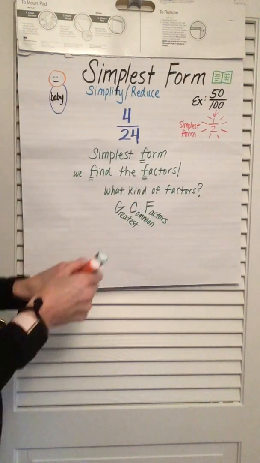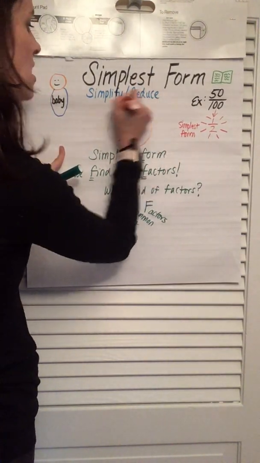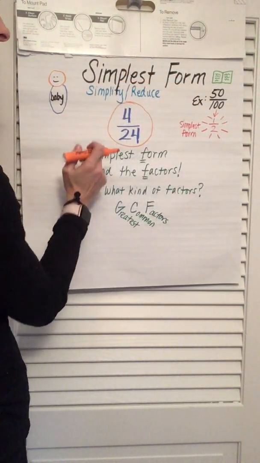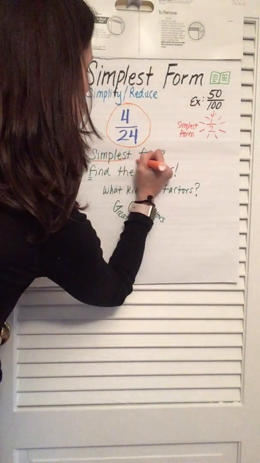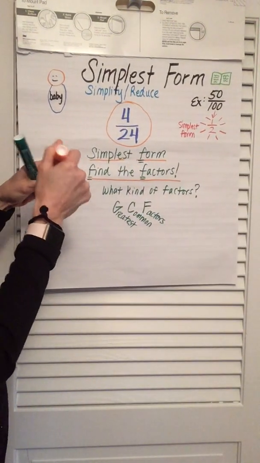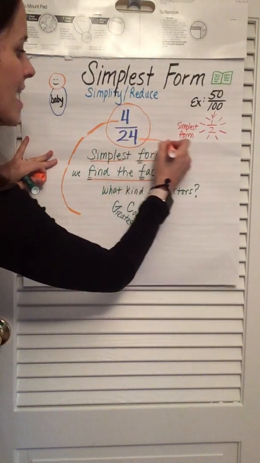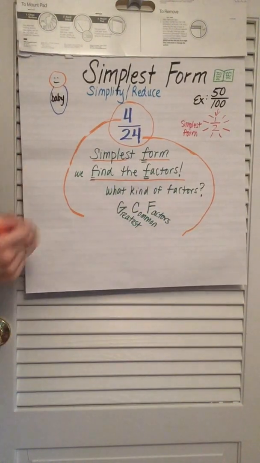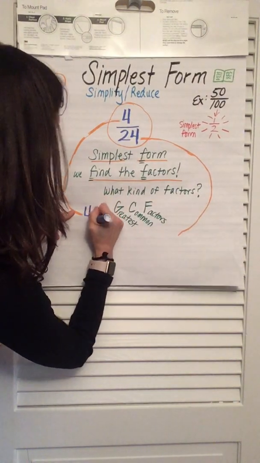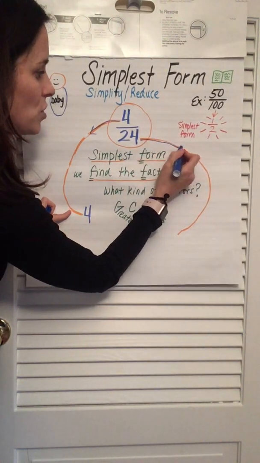Okay, so time out. My mission as a doctor is to put this in simplest form. So I'm not just looking at the denominator, I'm looking at the whole darn thing. And I want to put it in simplest form. So I have to find the factors, okay? Now I am going to find the factors of the 4 and factors of the 24. Okay, so let's go ahead and do that. When you're finding the factors of the 4, the numerator, and the factors of the 24, the denominator,